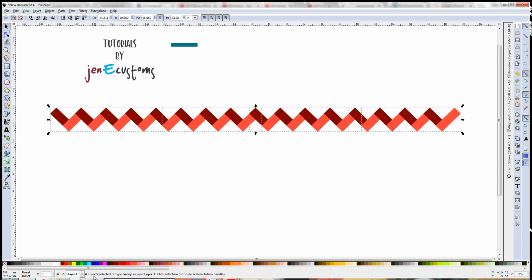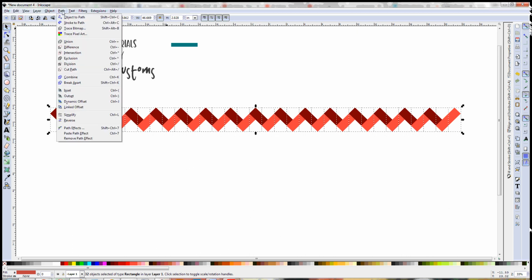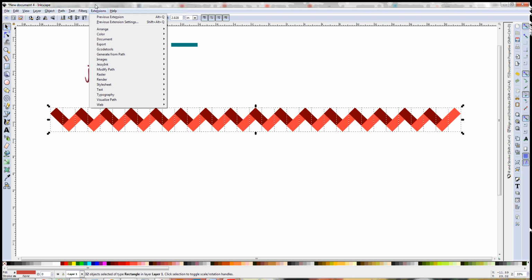See, now it says 4 objects, 8, 16, 32. Now it says no groups to ungroup. That means I've completely ungrouped everything. And now I want to union this together. That's kind of like welding it together. So I'm going to come up to Path, and you can click on Union. I do Control plus, because, again, to me it's a whole lot faster to use my keyboard